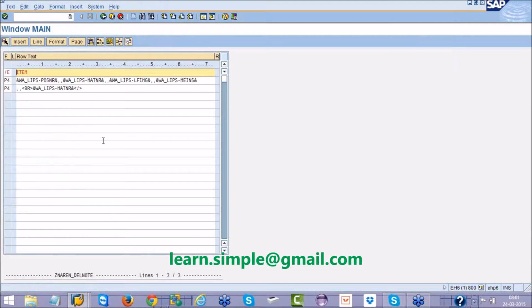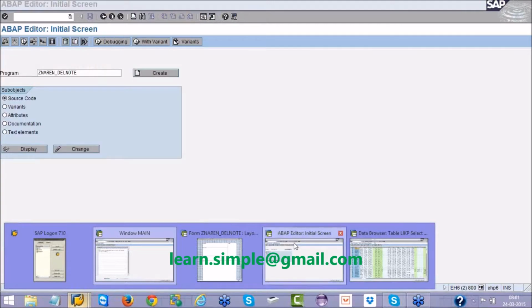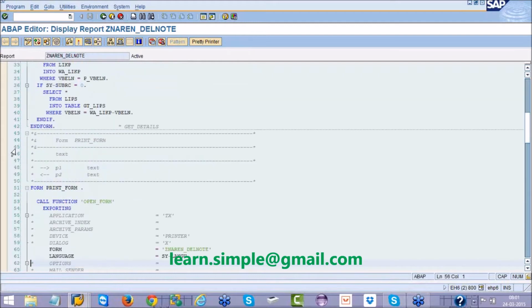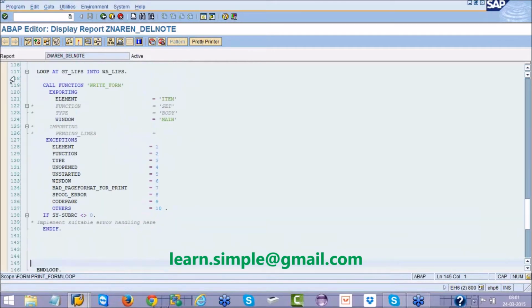See, actually this main window is inside the loop. The main window generally prints the item details, right? Now when I go to the driver program, I have a write form inside the loop statement. See, this is my item table. Inside this loop I am calling a write form. So this write form is writing all the items inside the loop.